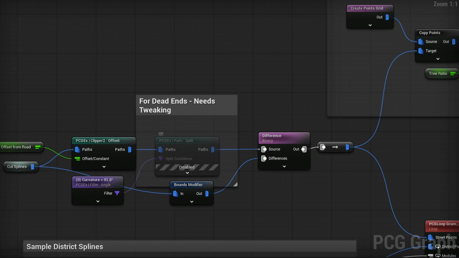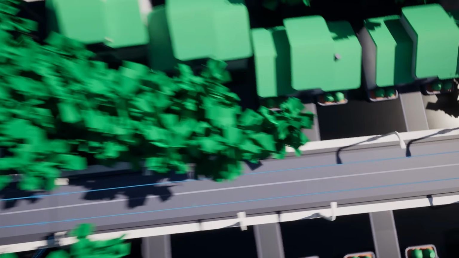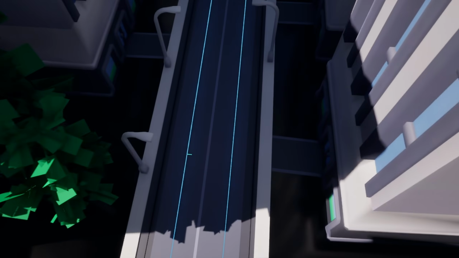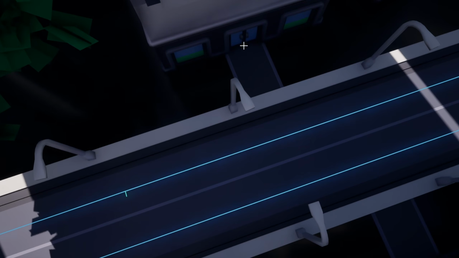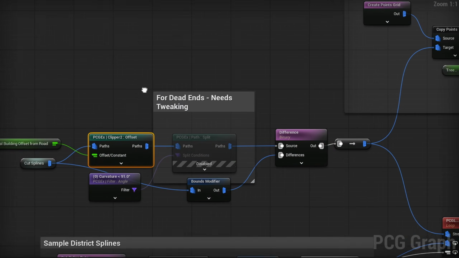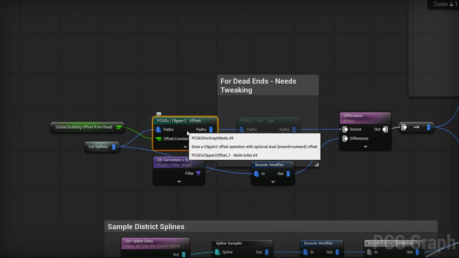So that helps tremendously. The next thing I want to adjust is the distance that all the buildings are away from the actual road here. A lot of them are just way too big, especially once you start looking here. I really want these buildings closer. The problem we start running into, if we change them to be closer, which is on this clipper to offset node,